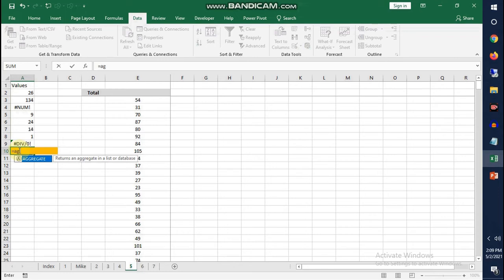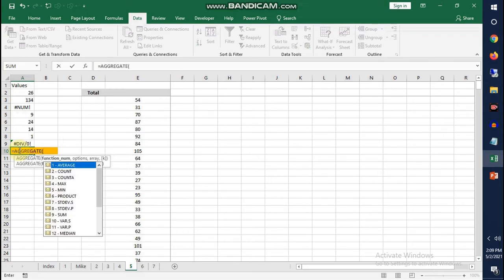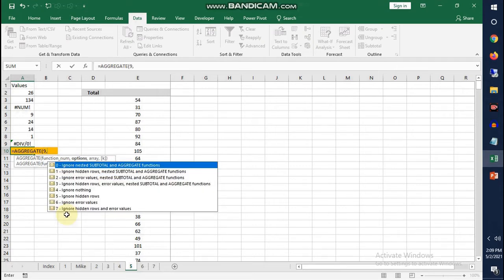So what it does is, let us see, equal to AGGREGATE, then it gives you the option, like we have to choose what function we are going to use: average, count, max, min. In my case I'm going to select sum, which is the 9th number. Either I can double click to select this, or I can write 9, comma.